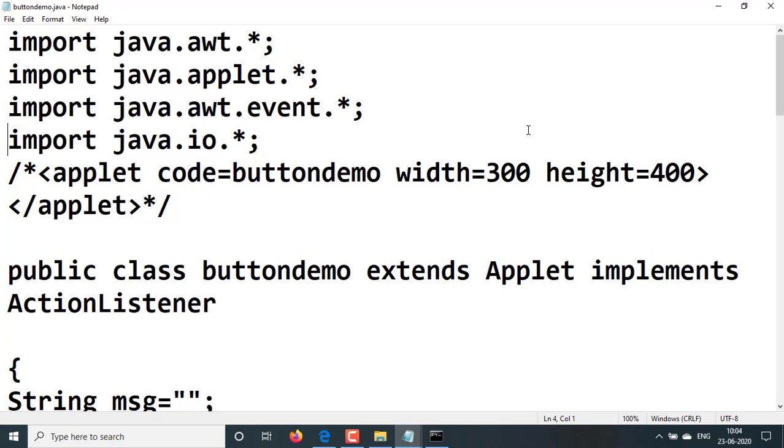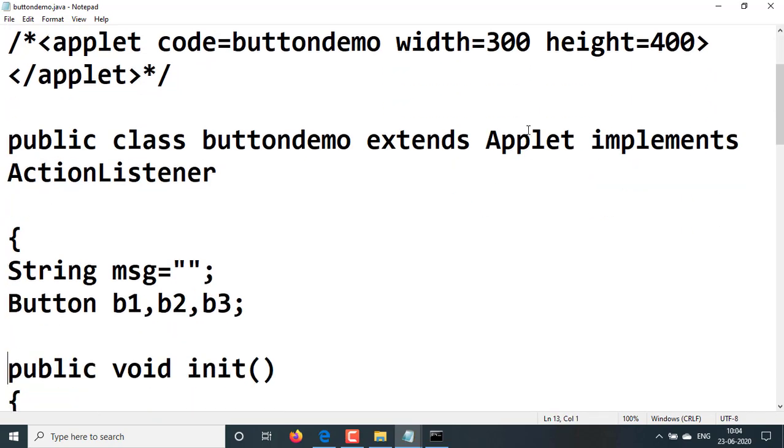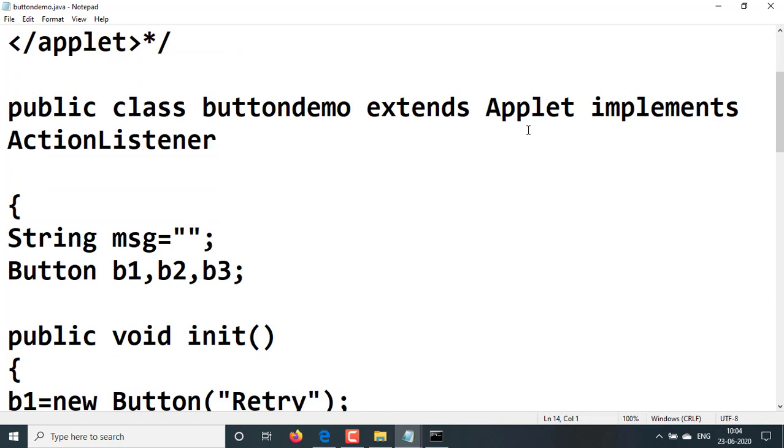Open this class, open curly bracket. Next, we have initialized a string msg, one of the variables, equal to null, String msg equal to double quotation, semicolon. We have declared three buttons, Button b1, b2, b3. Like this you can declare the buttons.